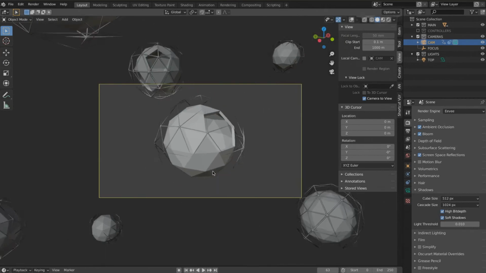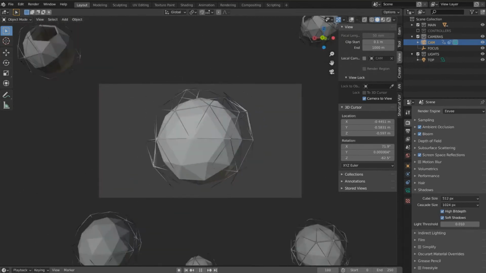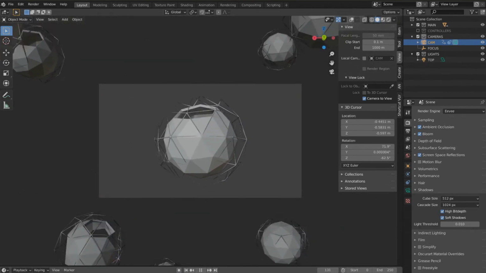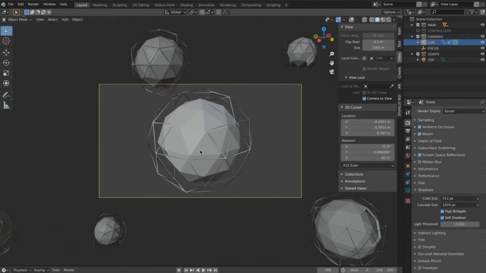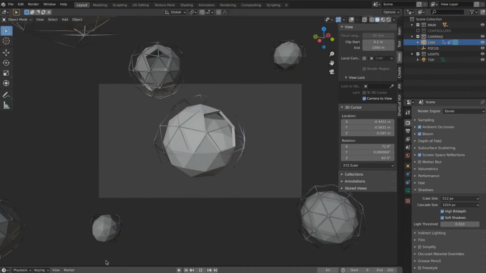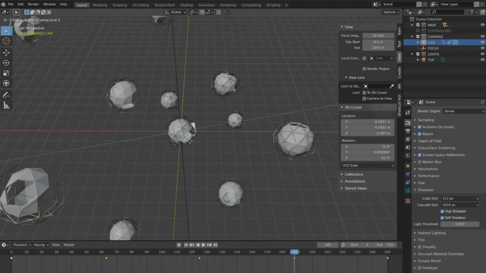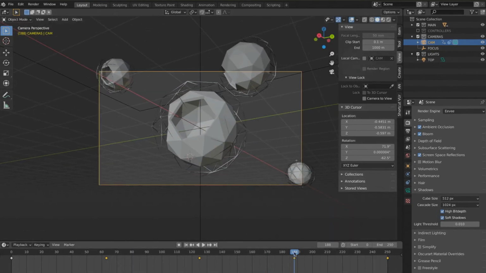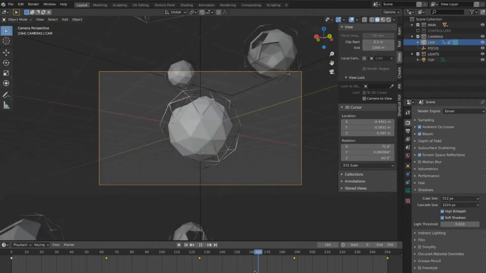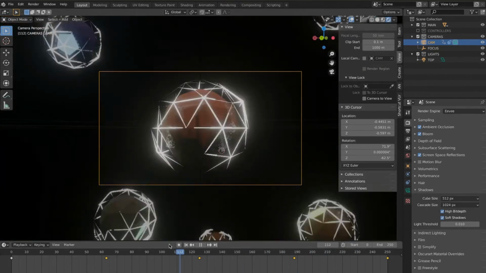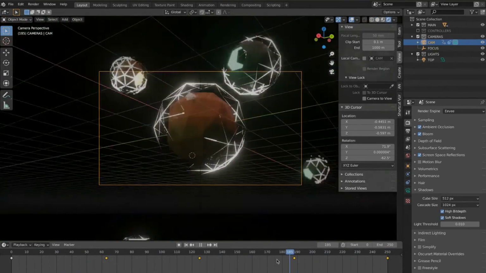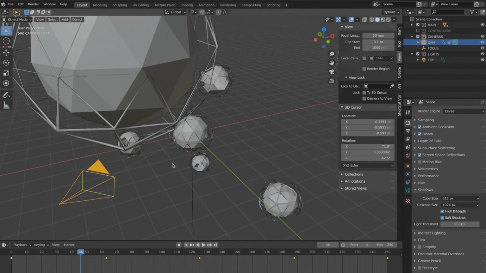I also selected the camera and tracked the camera to the object. You just need to add a track to object constraint. You need to play a little bit with the axis that it's going to point, but I'm sure you can understand. I can do another tutorial if you need help with that.